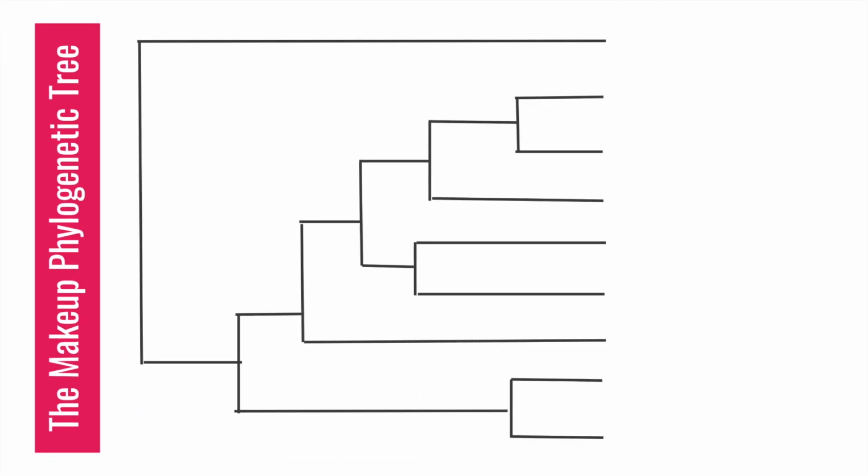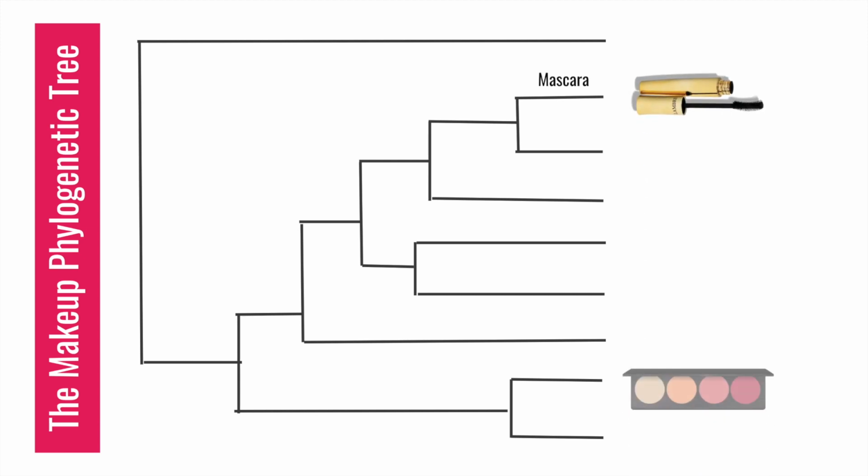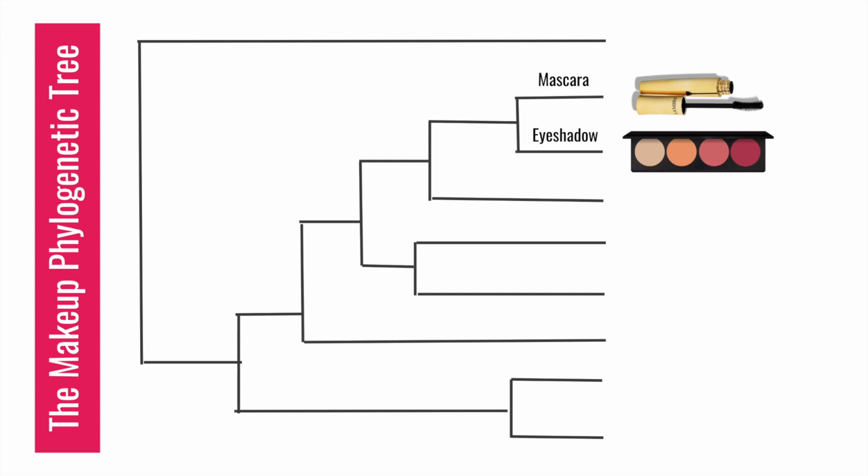So here are the branches and construction of my phylogenetic tree. I would like to discuss the two makeup products that are most closely related, being mascara and eyeshadow. Genetically speaking, this would mean that they have the lowest number of OTUs, or the smallest amount of differences. Cladogenesis also had to occur for the two makeup products to diverge into their own purpose and lineage, even though they originated from one common ancestor.